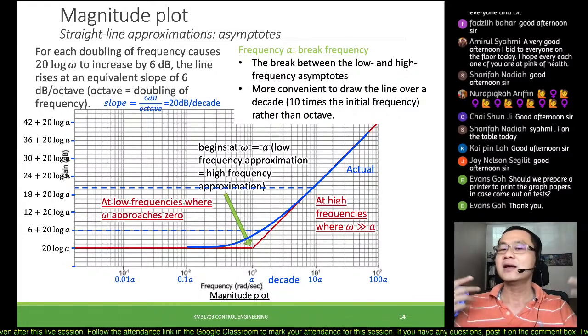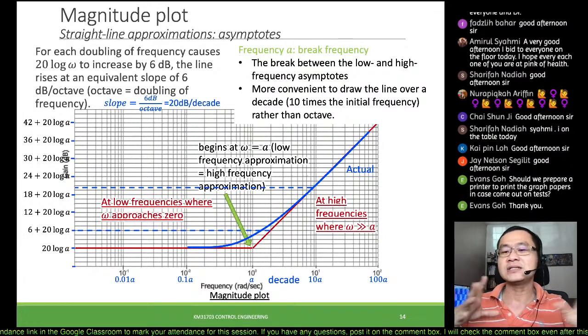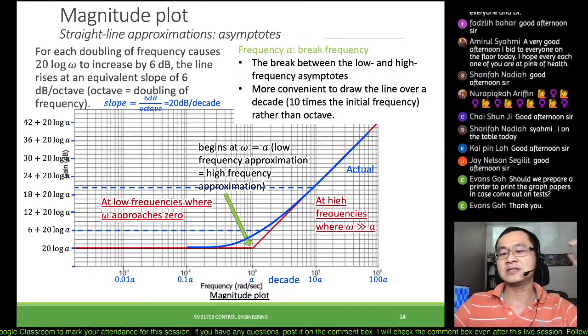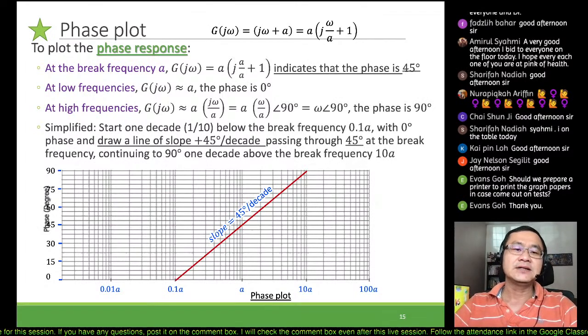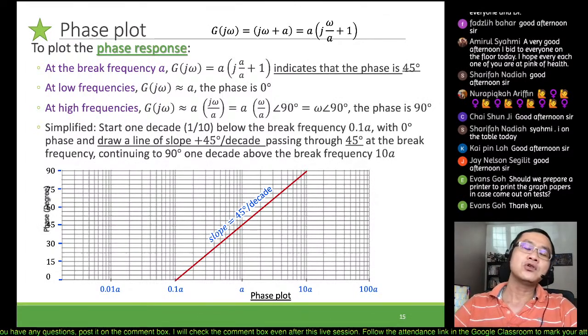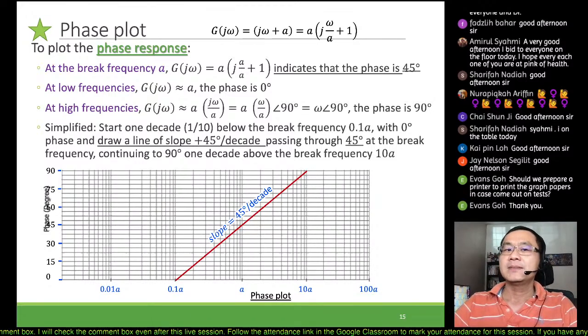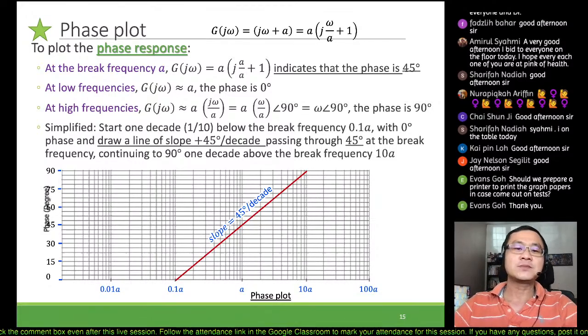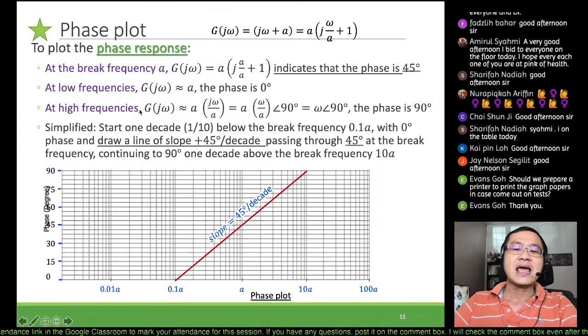Okay, if it is, then our simulated result is proper, right? So this is how we can validate our simulated result as well. Then on the phase plot, previous one is the magnitude plot. Now come to the phase plot, we again break them into low frequency and high frequency, and